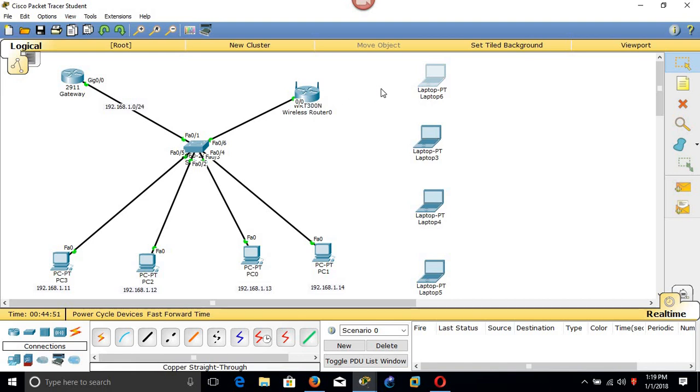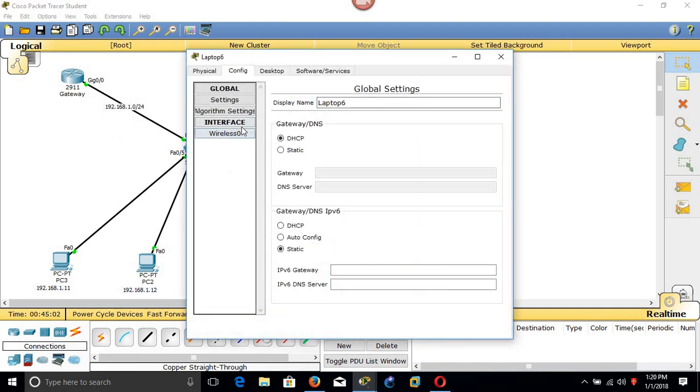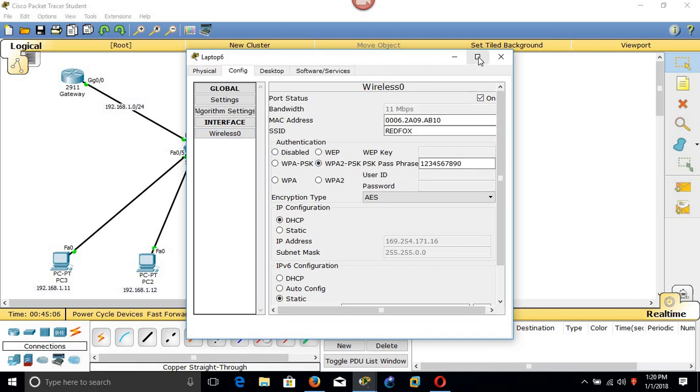Oh, it is taking too long. Let us see what happened, because it should not take that long. Let us see here, maybe we have messed up something.